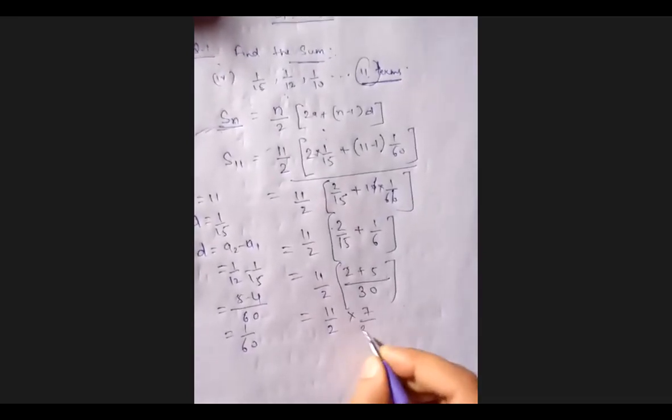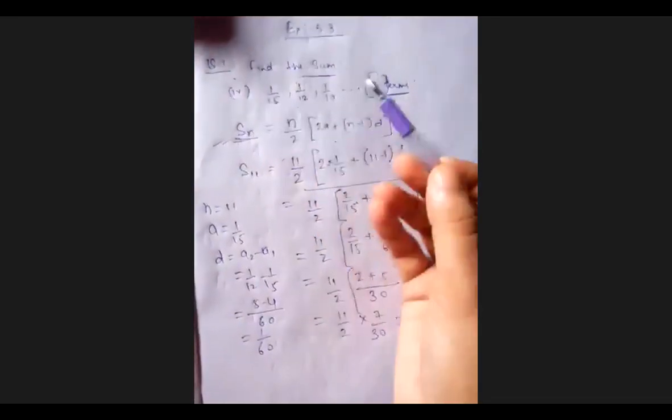You have to calculate. Whenever you have to find a sum, you do the first question in this way. So this is 7 upon 30. What's your answer? 77 upon 60. So this is how you will find question number one. When you have to find the sum of the given APs and the terms, a and d are given, then with the help of this formula you can find it.